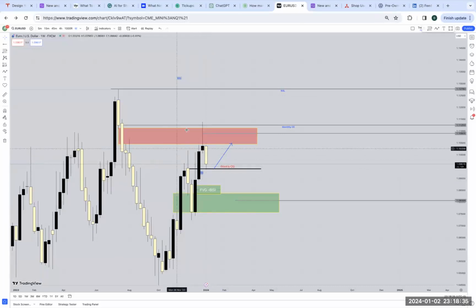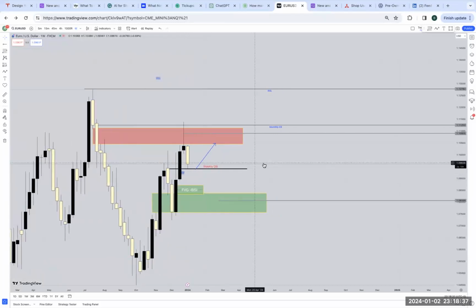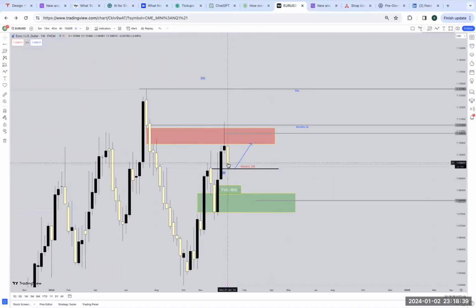But again, there's really no confirmation for us to go bearish at this point. So I have to stick with the bias. And again, we've been getting higher highs, so I want to see price continue on. I'll be looking at this gap again, and then potentially this consequent encroachment. Ideally, this is my long-term target here